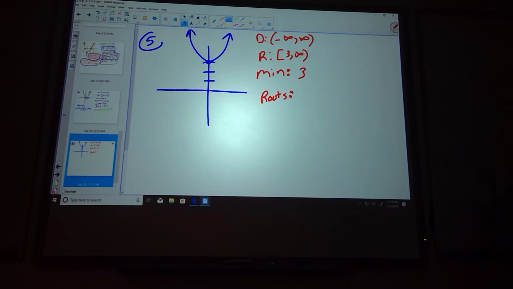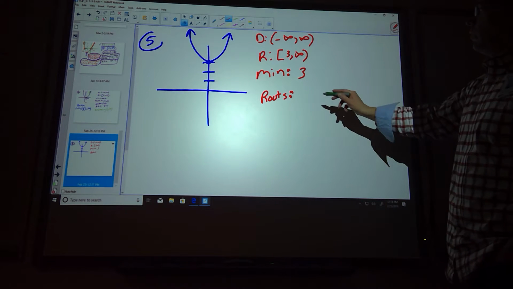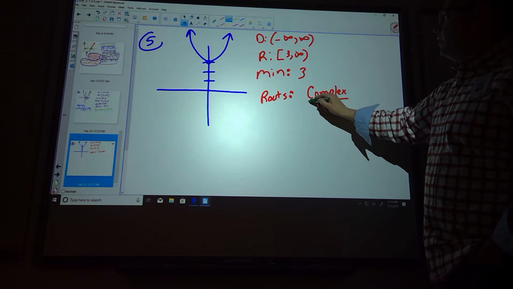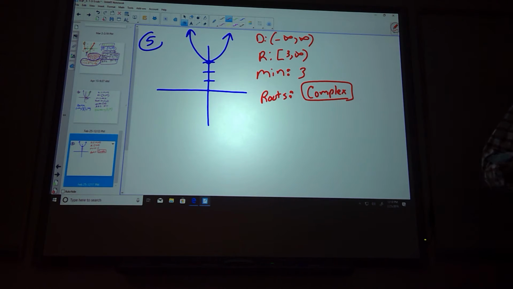Looking at this picture, you see where the graph is. Will this graph cross the x-axis? No, we're seeing all the changing of directions right there. So the roots are actually, we're going to label them as complex. And what this means is if I had tried to solve this problem, I would get x equals a square root with a negative number underneath it. It becomes something called an imaginary number, which is part of the complex number system. But we'll get to that a little bit later too.